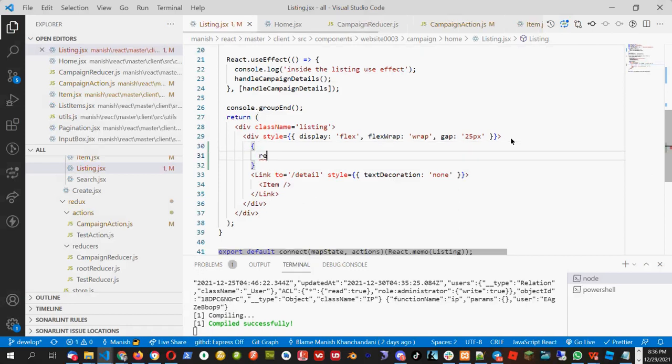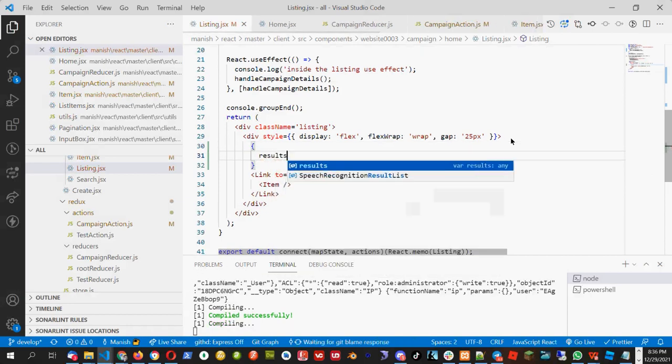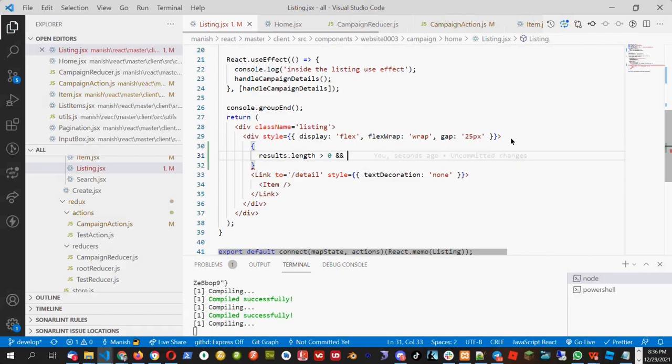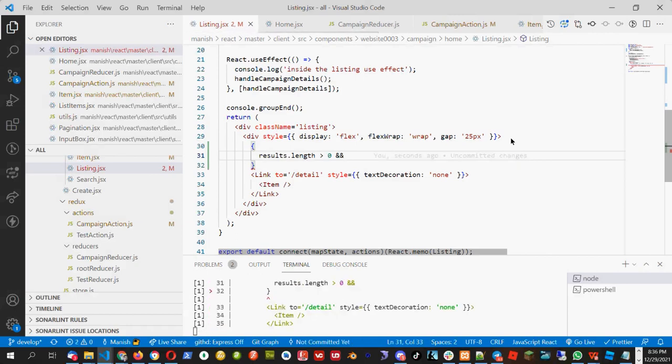So I will check here if we have results.length is greater than 0, and we have to check if results are greater than 0, then only we will loop it. So now how to loop it? I want to loop it. What should I write here? Results.map, correct.